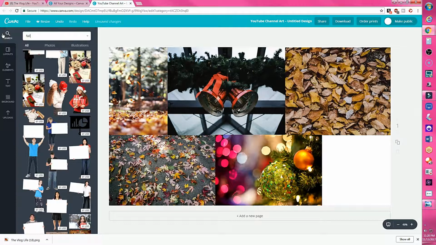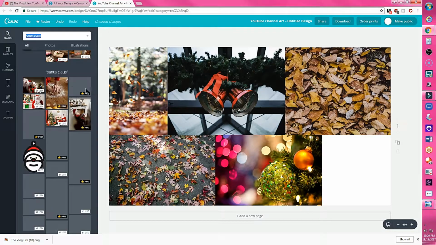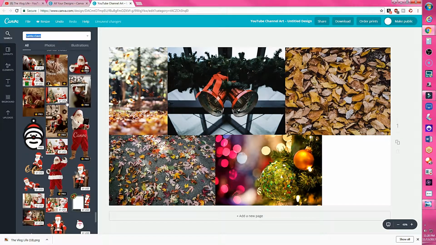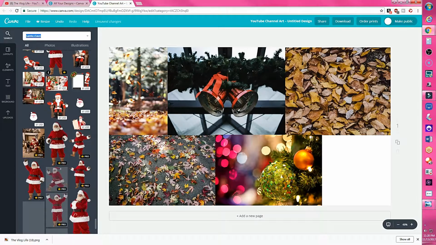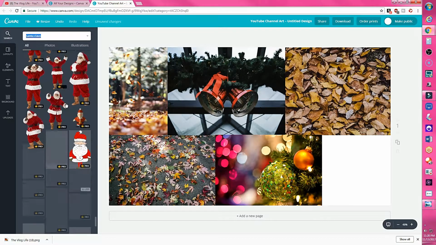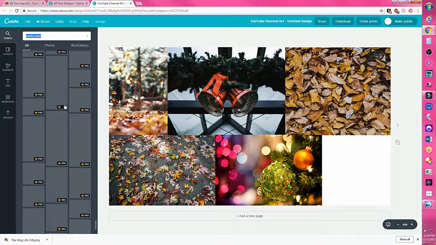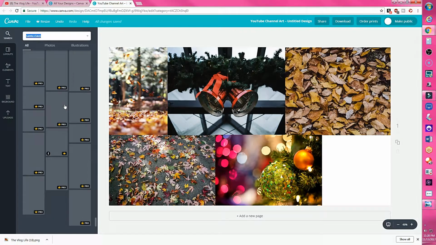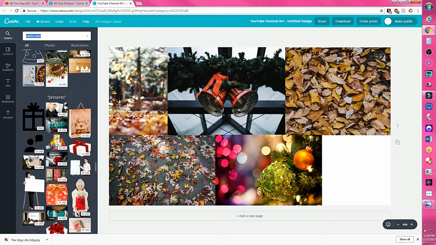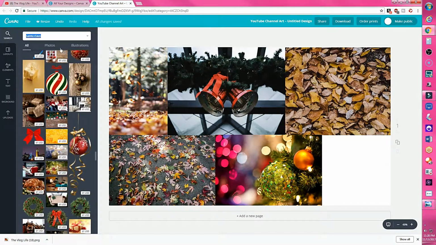So let's see if I can find something like Santa Claus. Let's see what we have on here. If we could find a free Santa. Another thing about Canva is that it is free to try. It is free for you to use, and you can also pay for a membership as well. However, the images that you see in the bottom right hand corner have a dollar amount. It's either free or it has a little crown,